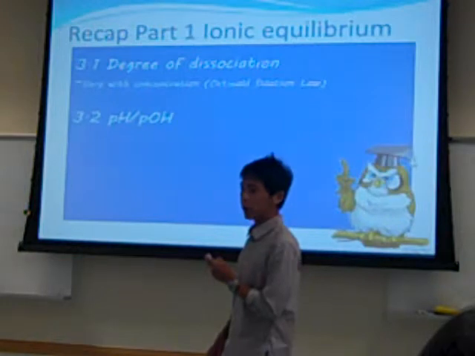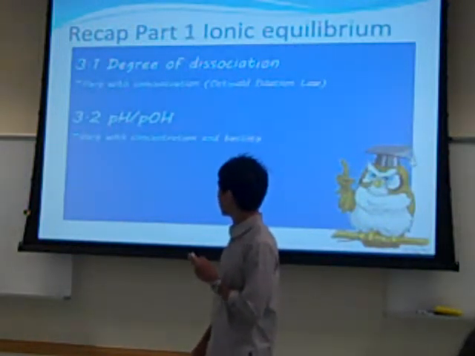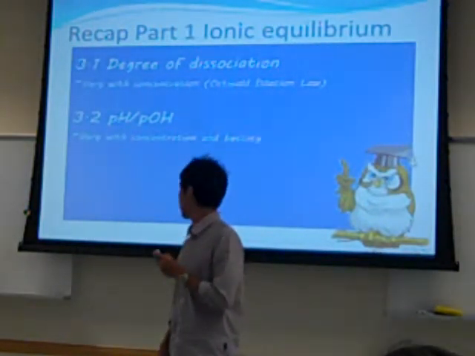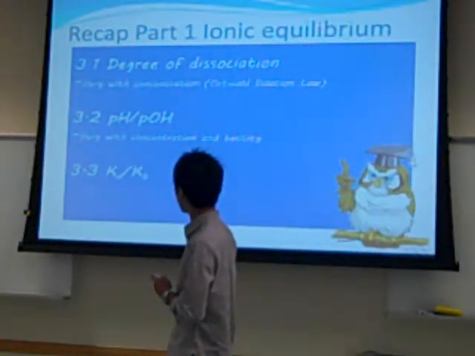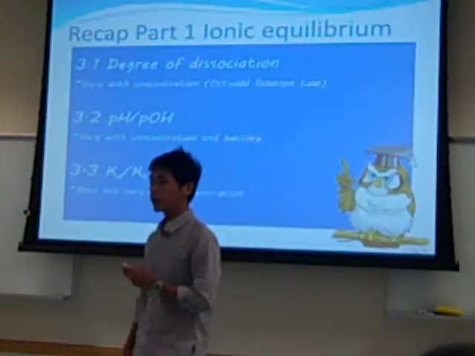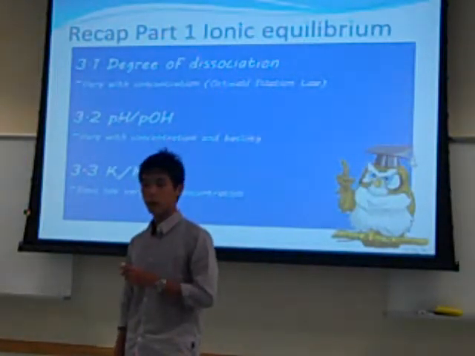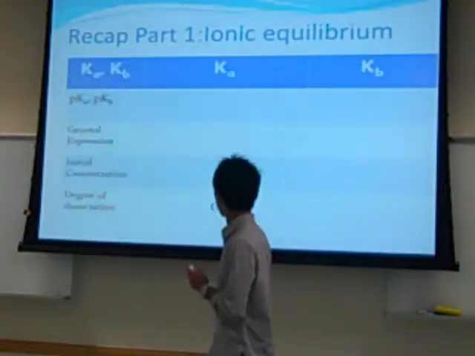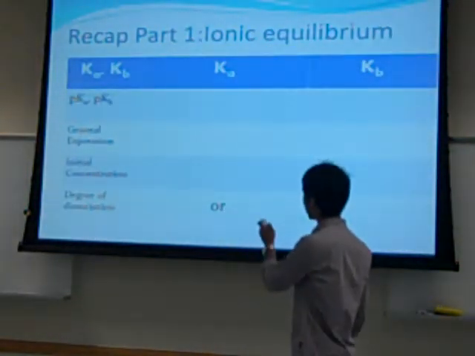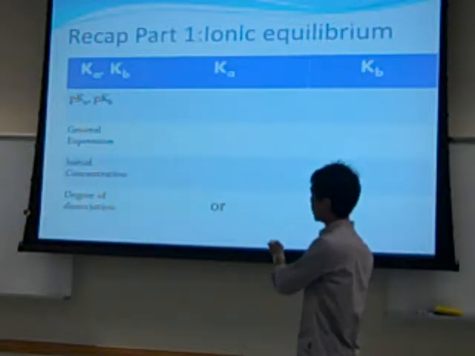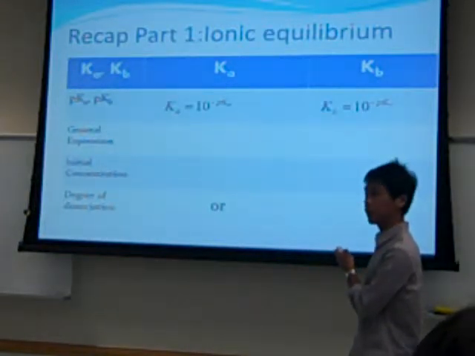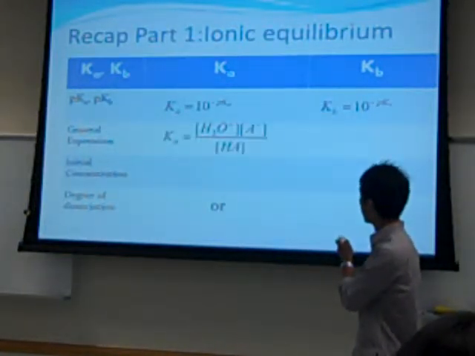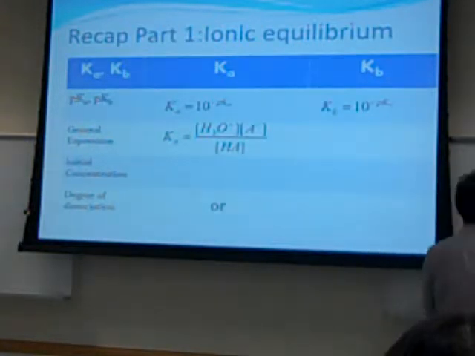Then next we look at pH and pOH, and again it's not a very reliable indicator because of the variation with concentration and basicity. And lastly we look at Ka and Kb, and why is it a more reliable indicator? Because it does not vary with concentration. So this table here summarizes the expression for Ka and Kb in terms of the variables expressed here. This is a simple one: Ka is just 10 to the power of minus pKa, and the same thing applies for Kb. For this expression here,